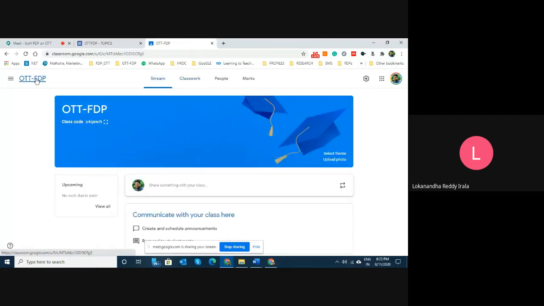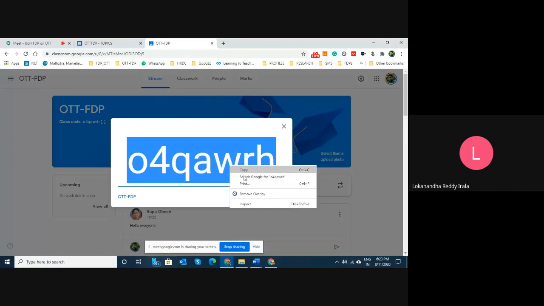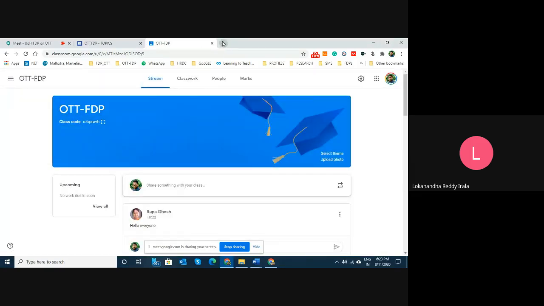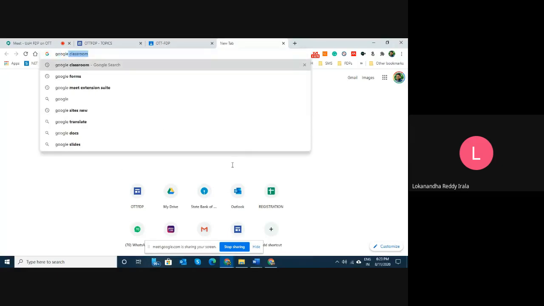Now what you do, first thing is you should have saved your code. Where is your code? First thing is this. This code you should save and share it with people by mail or WhatsApp or text or whatever. Then once they get into their Gmail, let them log in into their Gmail and type Google Classroom.